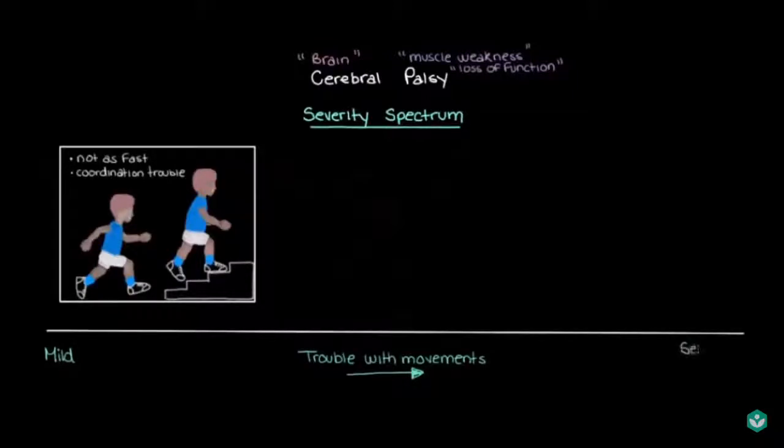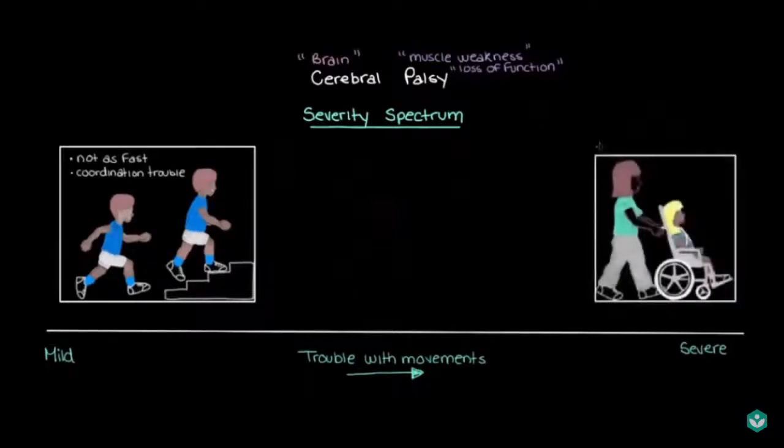But if we head over here to the severe end of our spectrum, the picture looks quite different. So this girl here also has cerebral palsy, but instead of being able to run around, she needs to be in a wheelchair. And it looks like she's having trouble with her posture, so she needs to be held upright. And you know, her cerebral palsy is so severe that she can't really get around by herself in her chair. It looks like she needs someone to operate it for her.